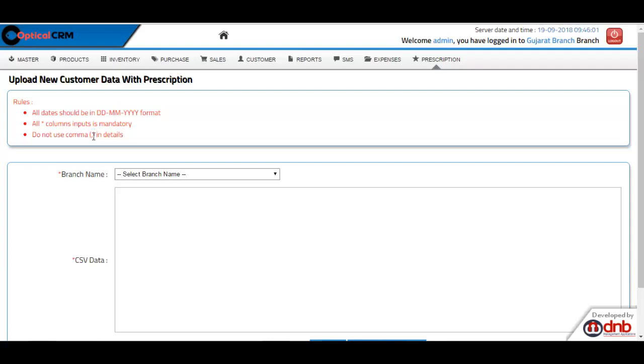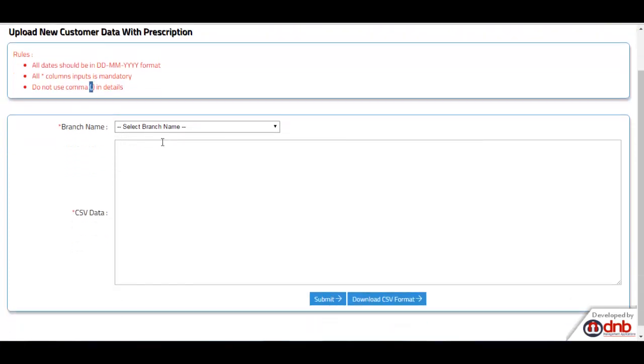While uploading, we will paste all the data in this box where we have written CSV data, and we have to select the branch for which we are uploading this data.